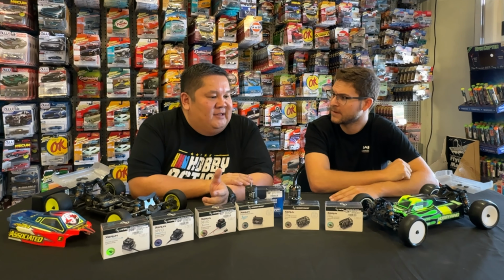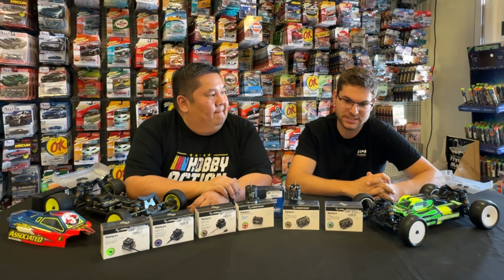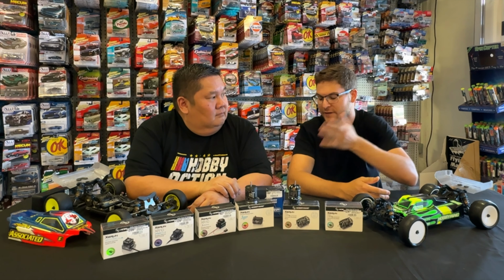Understanding that, the four-wheel drive class is a little bit more unique because it's more challenging getting all the cars the same speed, just because the drive ratios are so different on all the cars. Sure. Yeah, the one thing that was challenging, like you said, is that all the different car manufacturers' gearing is a little bit different. But luckily for two-wheel drive, it's pretty